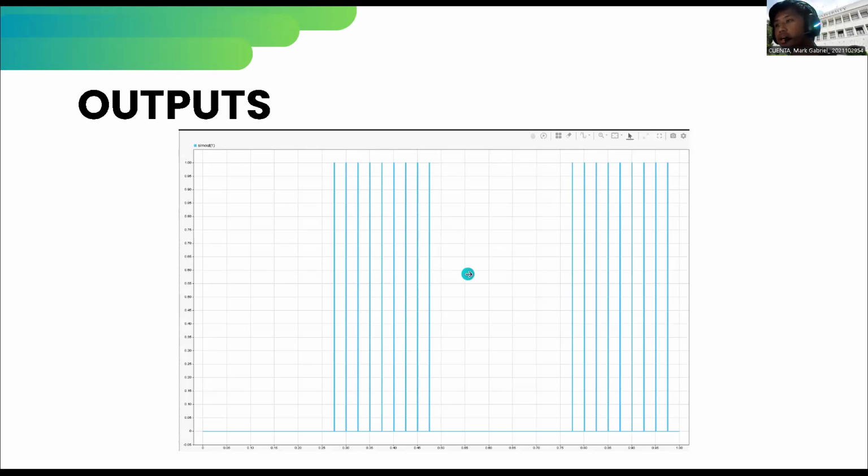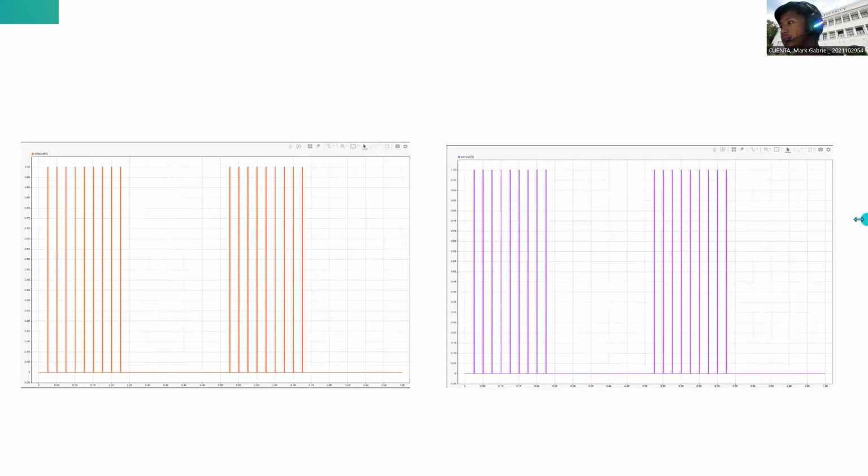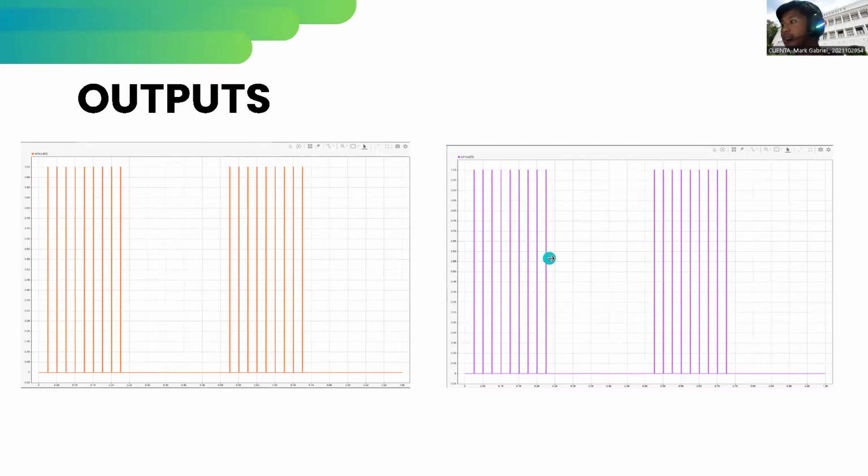This graph shows the workspace on MATLAB. We use the command window to show its output, wherein we use the command plot out to show these different outputs, which are these five different outputs. The first output, sim out 1, is this blue one, then sim out 2, sim out 3, sim out 4, and sim out 5.